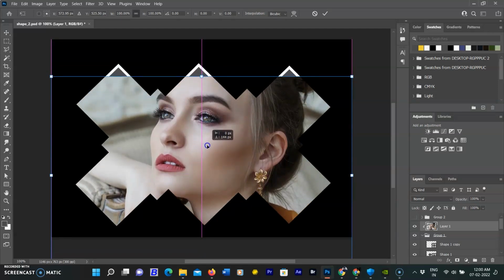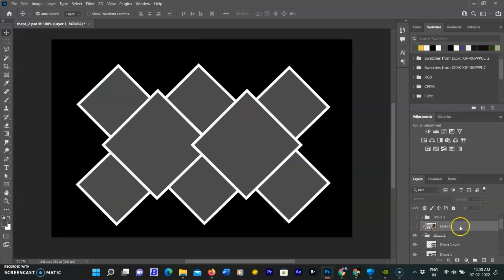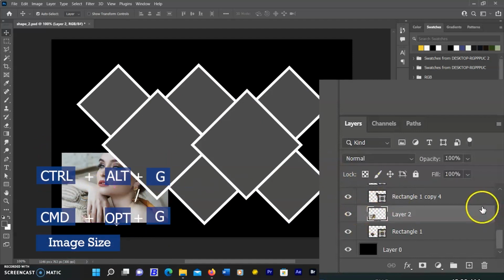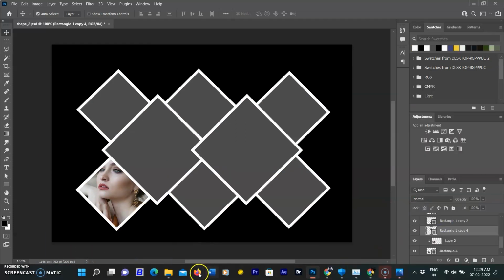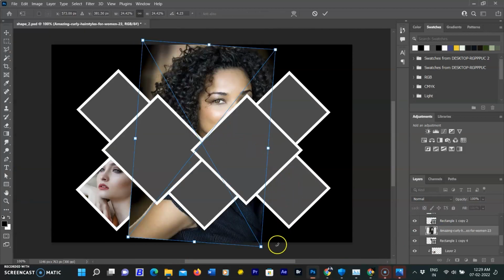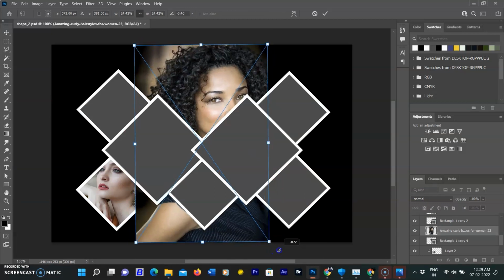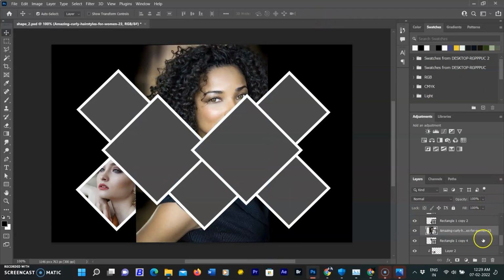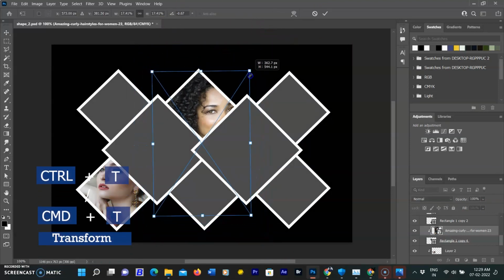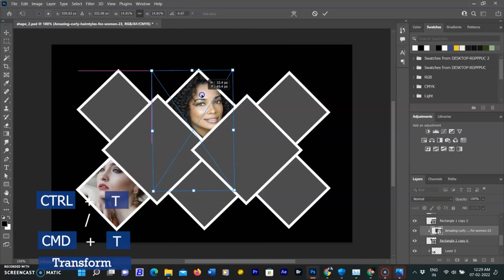In the second method, we need to unclip the image that you composited in the shape. So I am selecting an image layer and placing it on top of the first shape layer in the layer panel and clipping it by using the shortcut Ctrl plus Alt plus G in Windows or Command plus Option plus G in Mac. In this way, I am selecting another image from my local folder and dragging it to the top of the second shape layer and repeating the same shortcut that I used for the first image to use the clipping mask. The image is bigger than the shape. To fit it in the shape, I am using Ctrl plus T in Windows or Command plus T in Mac to transform or adjust the image.